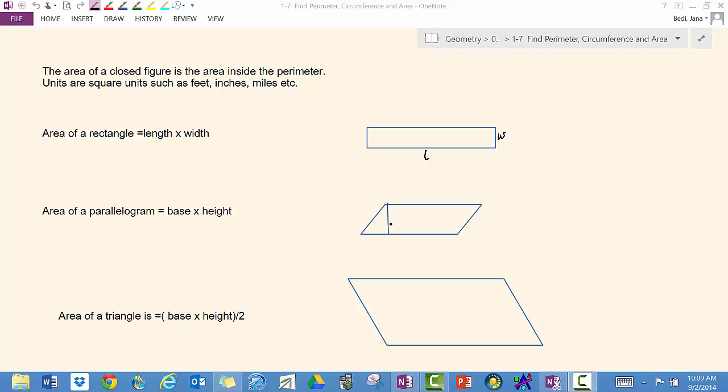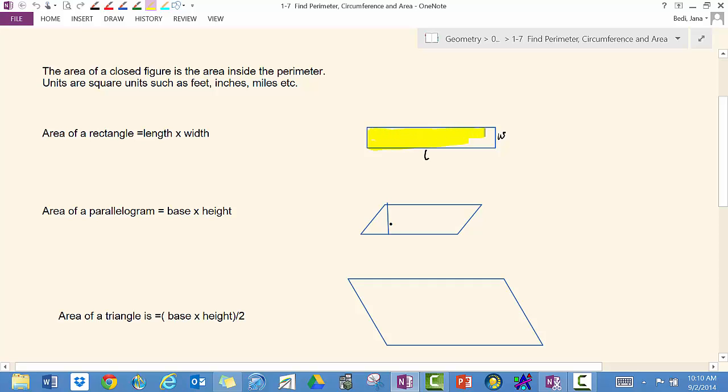Today we're going to talk about perimeter and area. In the case of a circle, we call its perimeter the circumference. The area of a closed figure is the area inside the perimeter. So let's use this yellow highlighter and we are going to color